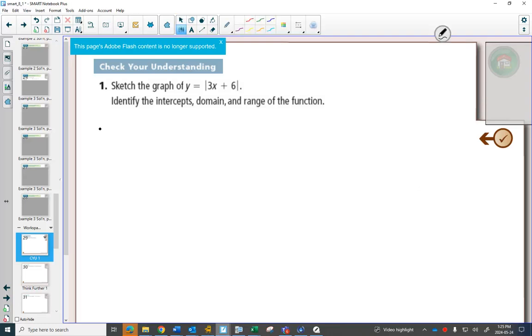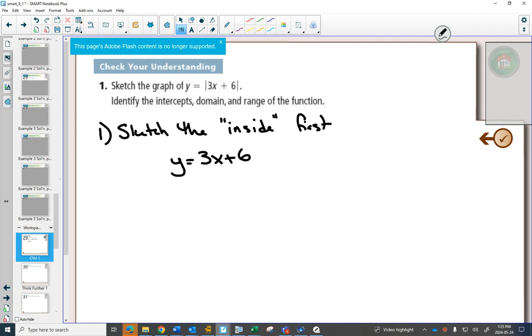So what we're going to do is sketch the inside first in our example. That would be y equals 3x plus 6. So if I sketch the inside first, which I'll do in black because I wrote it in black,